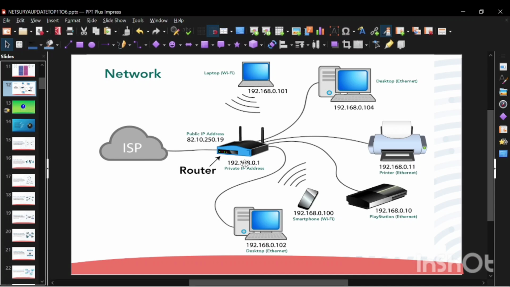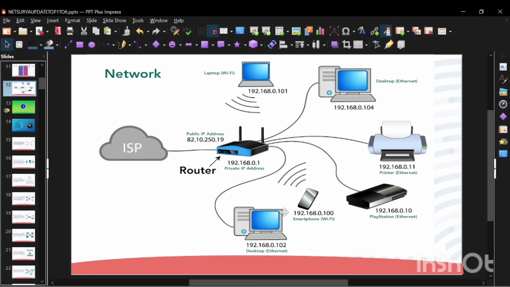Now let's look at the internal devices connecting to the router. One is a laptop, and two desktops. One is a printer, another is a PlayStation, and last is a smartphone. The laptop is connected via Wi-Fi and has the IP address 192.168.0.101. The smartphone is also on Wi-Fi with IP address 192.168.0.100.